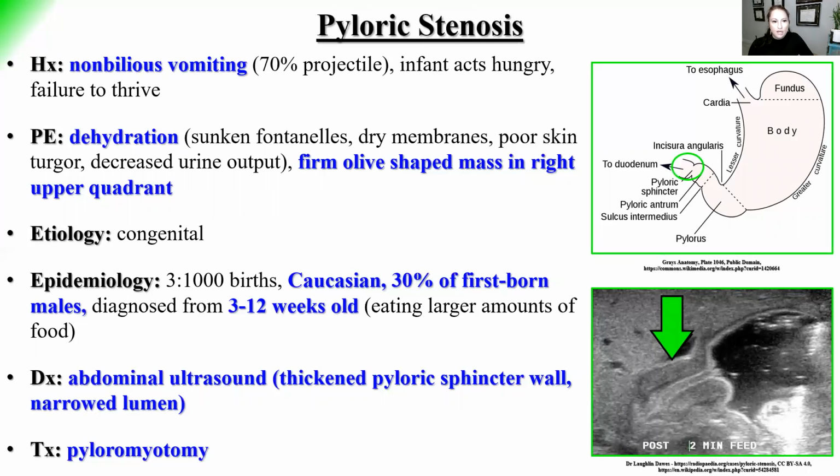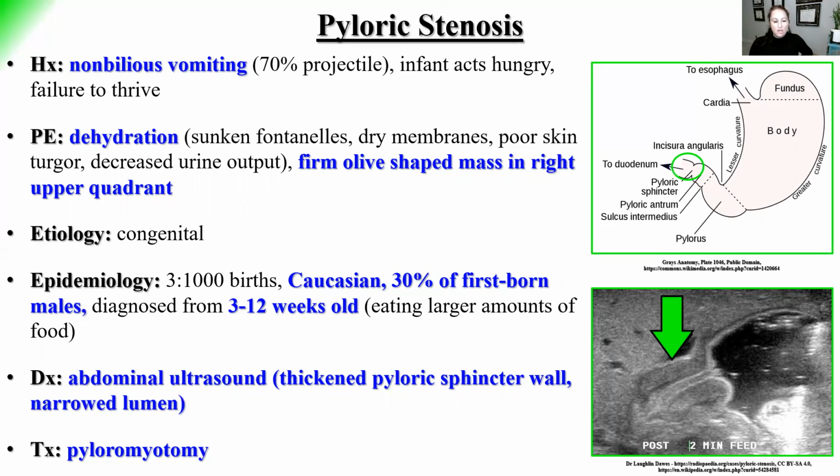So sunken fontanelles, dry membrane, poor skin turgor, decreased urine output, kind of sunken eyes. Here's your exam question. What is the physical exam finding that's associated with pyloric stenosis? A firm olive-shaped mass in the right upper quadrant. That's really important. So a patient that presents with vomiting, firm olive-shaped mass in the right upper quadrant, we're thinking